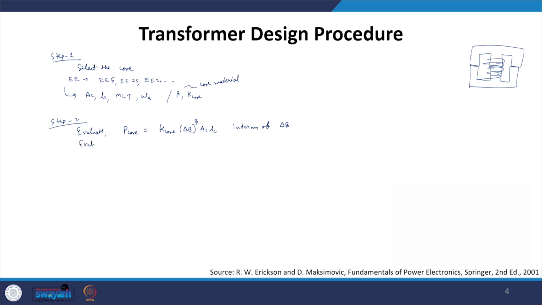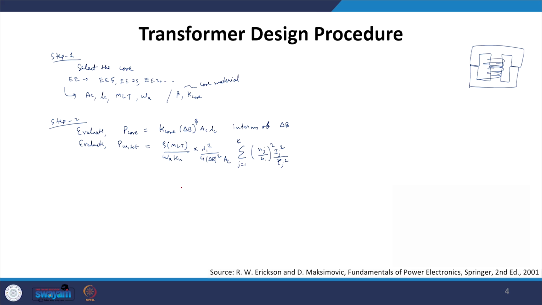Then we will evaluate our total copper loss in the winding, or you can say total winding losses, and that is defined again, we will define this particular P_Cu total as rho MLT over WA K_u, lambda 1 square over 4 delta B square, summation j equal to 1 to k, of j by n1 square j square divided by gamma j square.